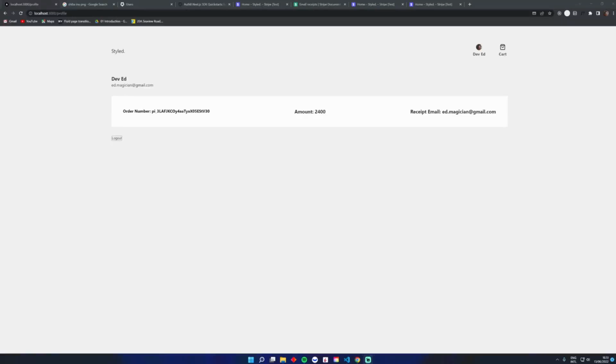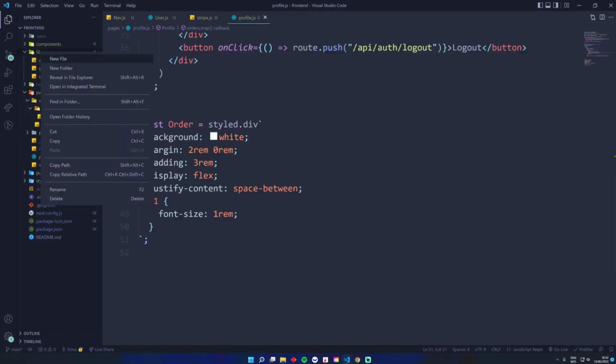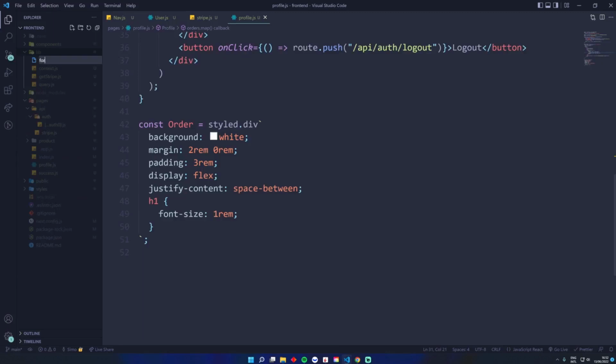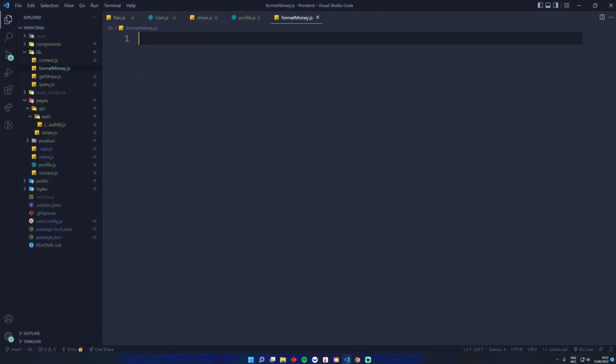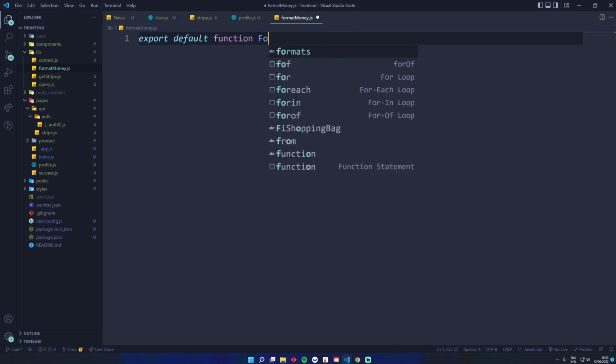Next up, we are going to create a little function called format money. So let's head over to our library. And it's going to be quite simple, actually. We can just head over here, lib, new file. We're going to call this format money.js. What we're going to do is do an export default function format